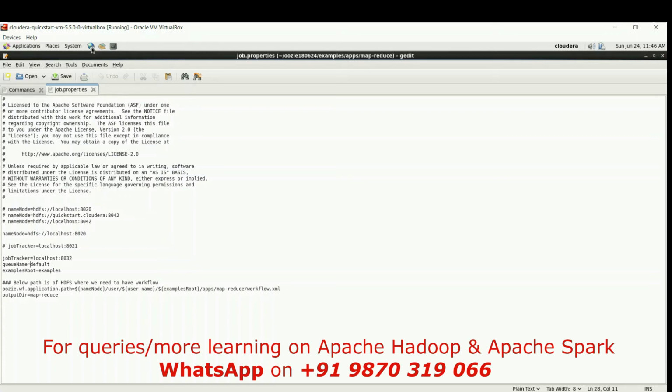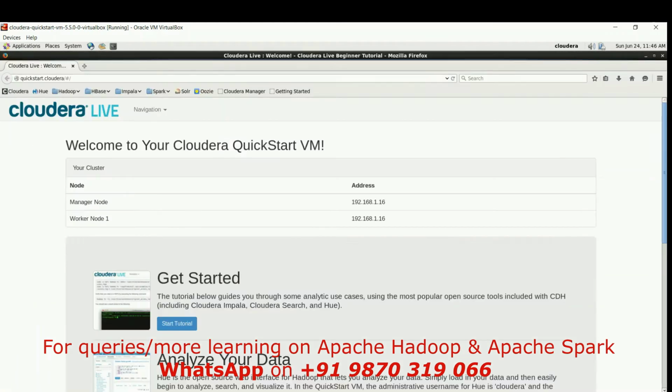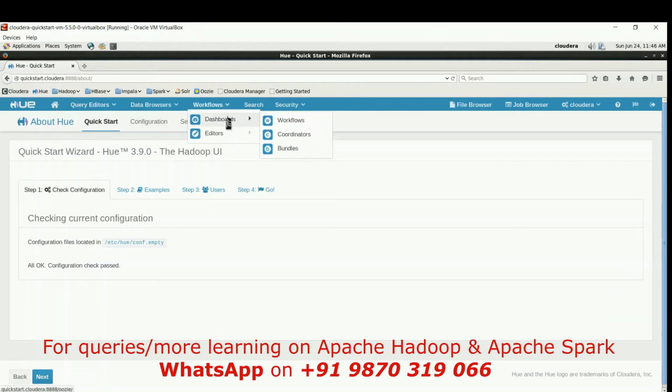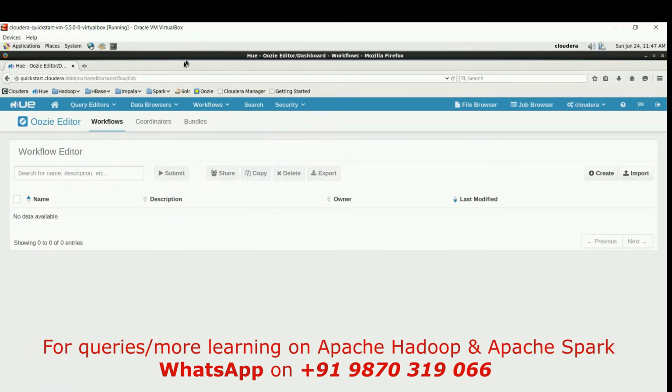What they do is they start this internet browser. Then they will go into Hue. After going into Hue, they will go into editors, and then into workflow. Once they go into workflow, they will create it. Once they click on create,